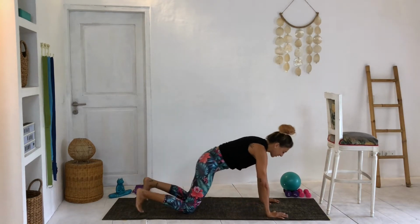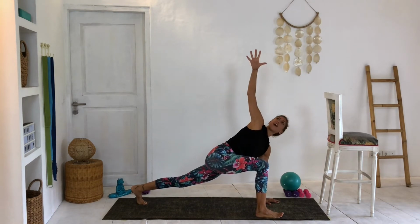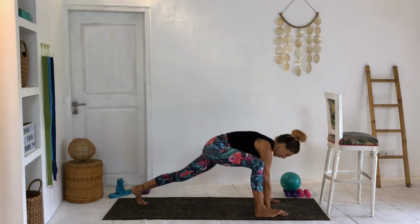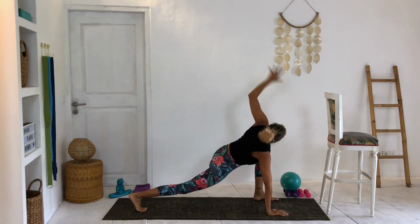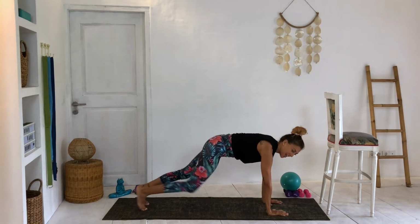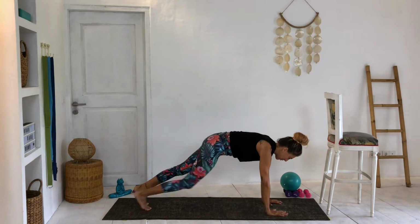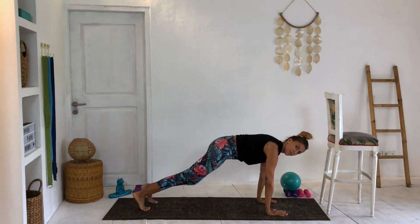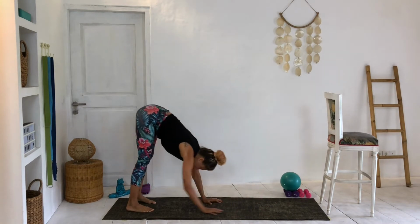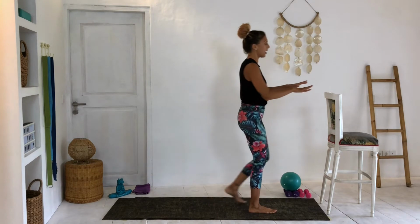And then bring yourself back to plank. And from here, take one foot forward. Just stretch out through that thigh. Reach it on up. Press back. Other foot comes forward, and you're going to reach up. And again, just repeat. So plank. Reach. Stretch out through those legs. Take a plank. And reach up. Perfect. Plank position, walk yourself back, roll up nice and easy, bring yourself to your bar, and just go for